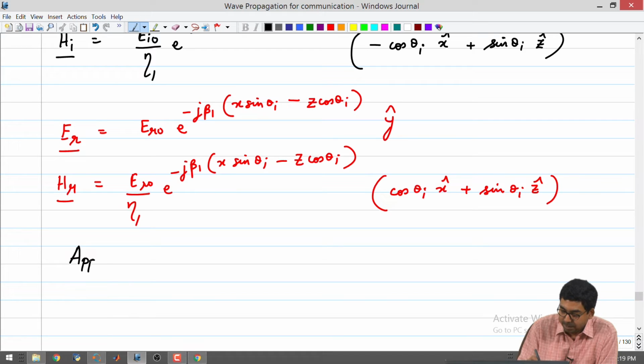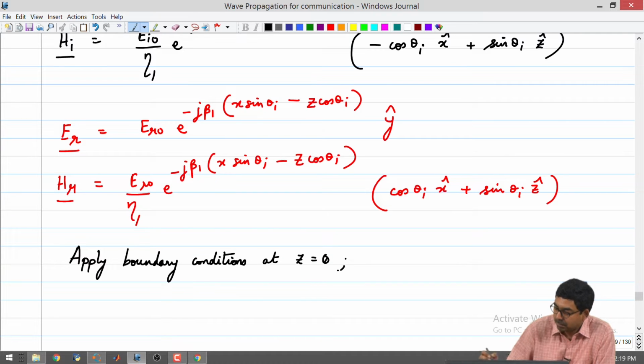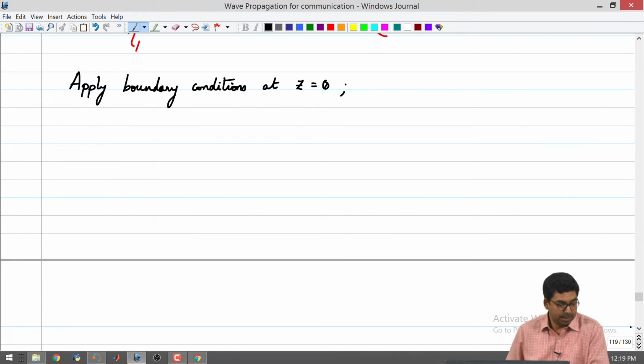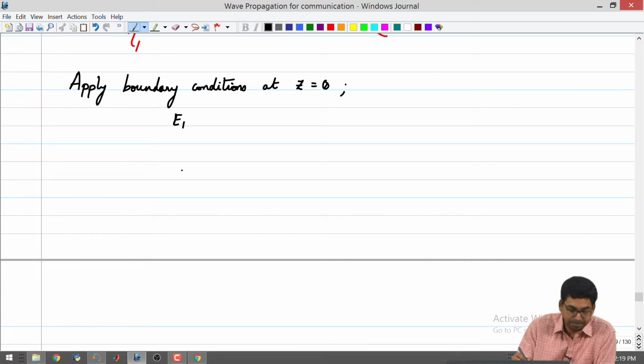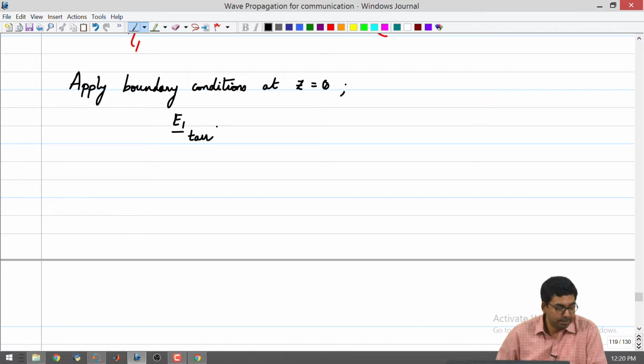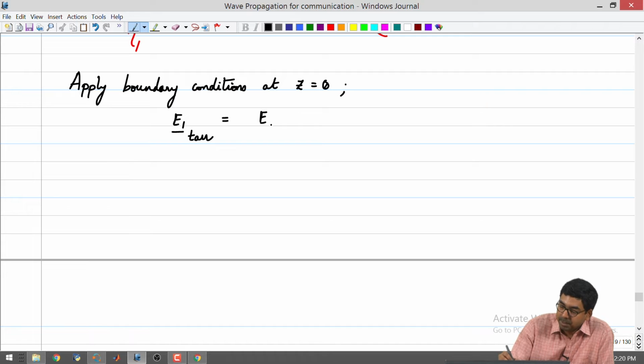So, we apply boundary conditions at z equal to 0, tangential electric field, which is going to be say the sum of your incident